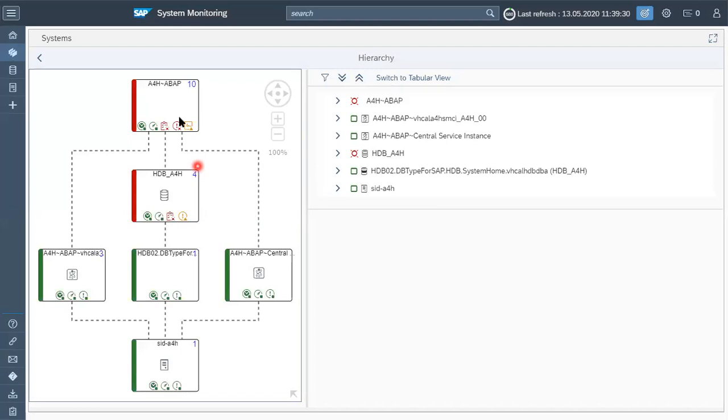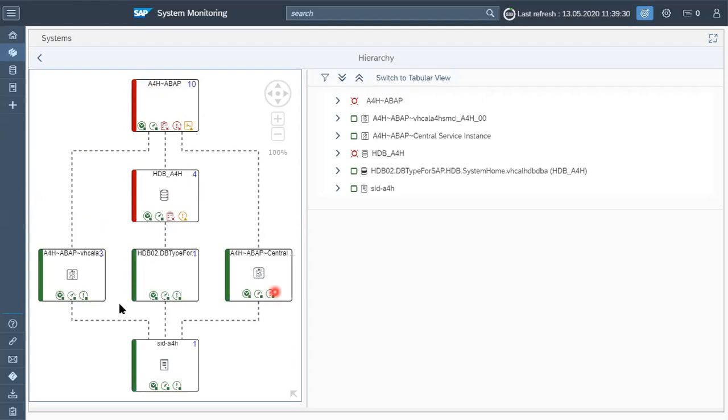Now we can see here, this is the graphical way to see which component has how many alerts and what the status of the component is. First, in tree view we can see it is a system. It has one database, and along with it two different application servers.